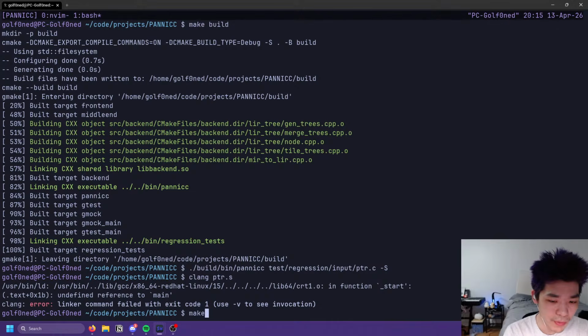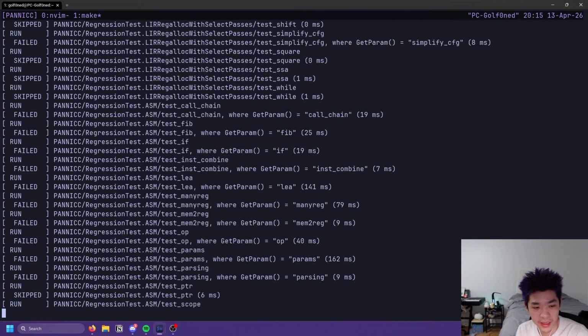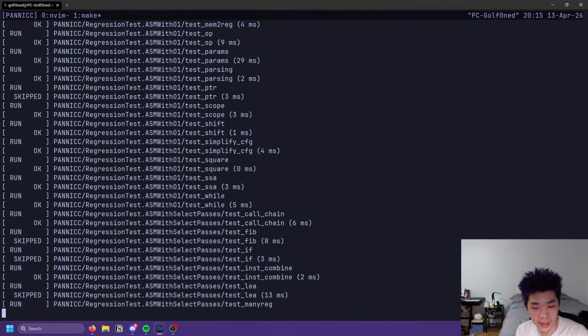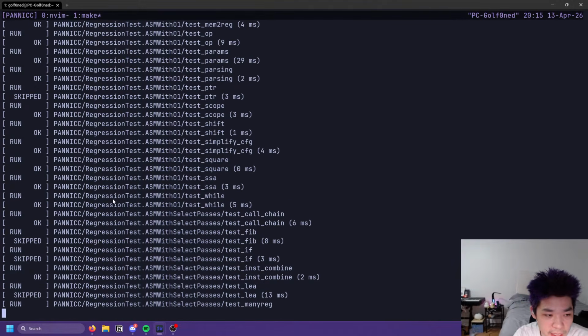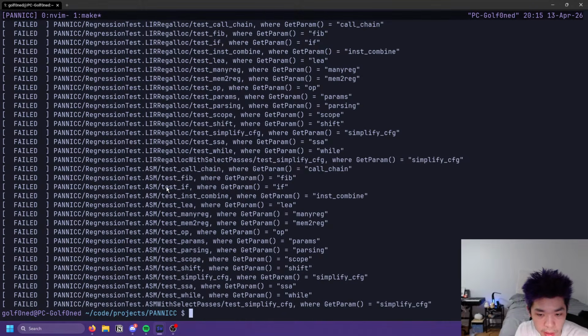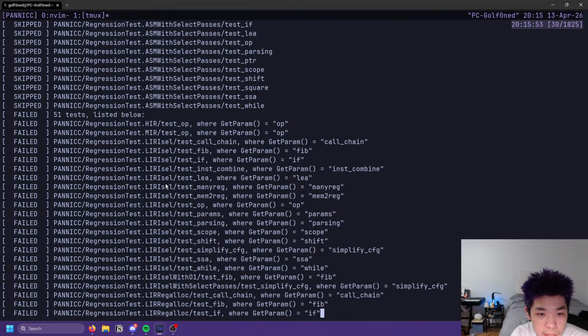Okay, so let's make test now. Okay, a lot of stuff fails now. Many-reg is gonna take an eternity usually. As long as nothing seg faults, I think it should be fine. Right. Yeah, a lot of stuff is failing now. Probably because I forgot to set some types here and there. The language you're targeting is C, correct.